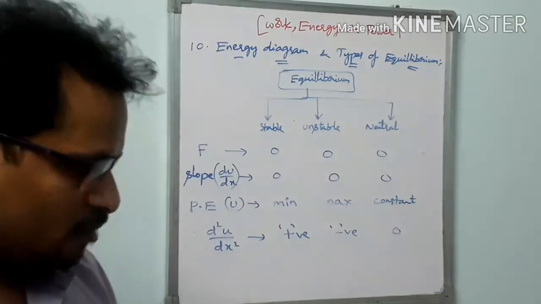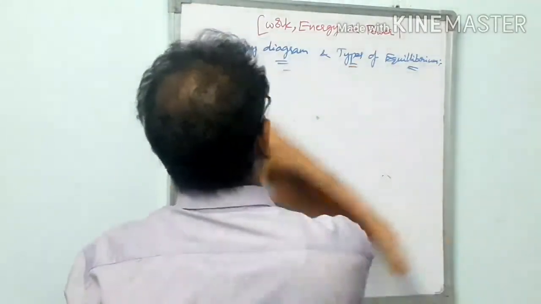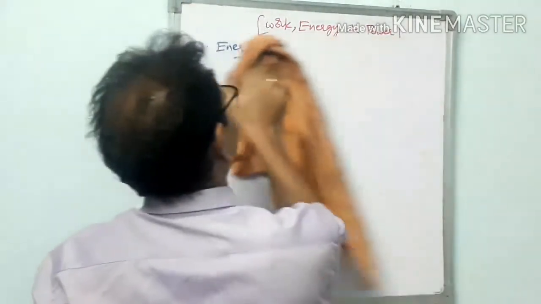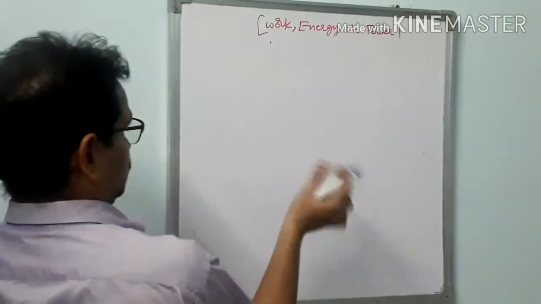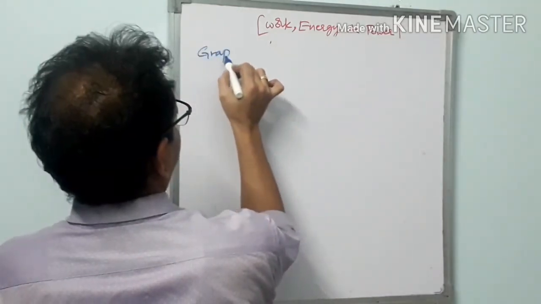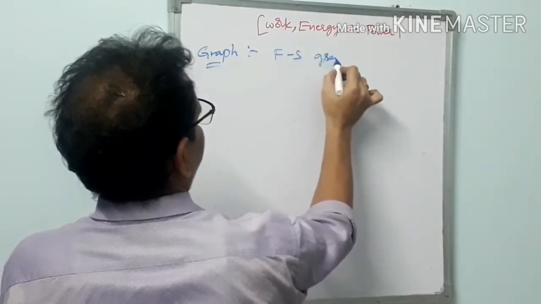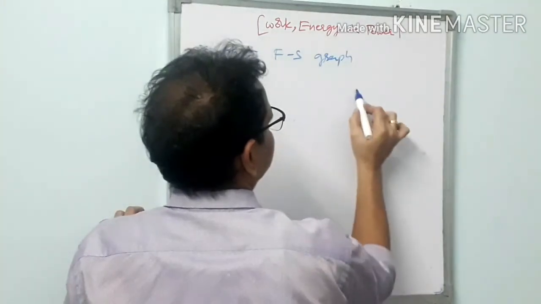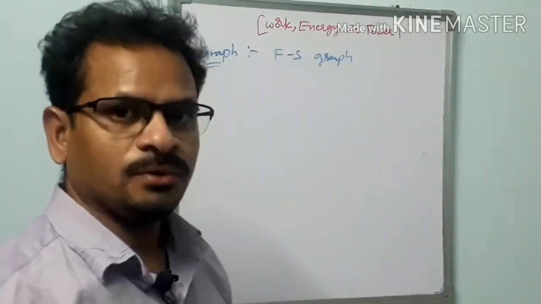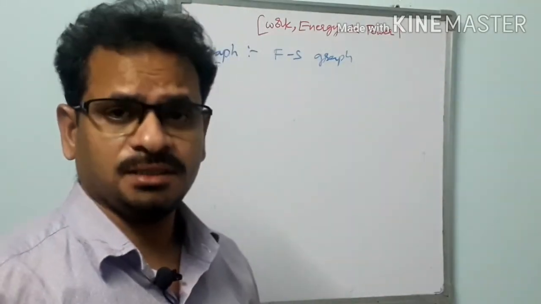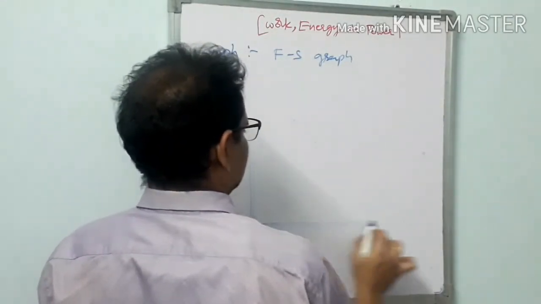And one more thing we have to learn is, all these 10 topics are over here, but I forgot to tell you regarding the force displacement graph. Let us take this one as a special topic. You know, we can easily find out work done from a force displacement graph. Work done when force is constant is easy. When force is variable, we can use the graph method also, like this.